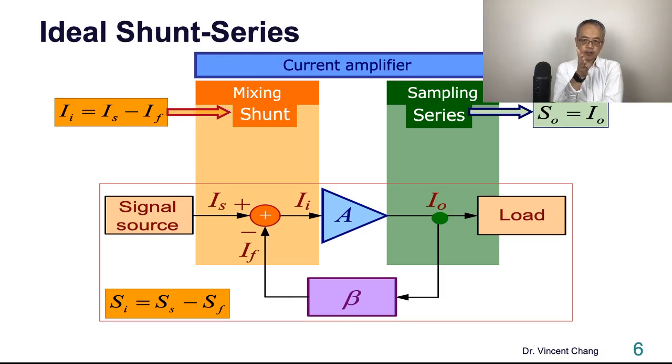So let's focus on the shunt series feedback. Current amplifier, shunt mixing, series sampling. Let me tell you this. I position my responsibility such that, of course, all the results have to be supported by math. But I don't want to spend much time on the mathematical derivation. This is not what you need me for the most. I want to spend more time on the key concepts,